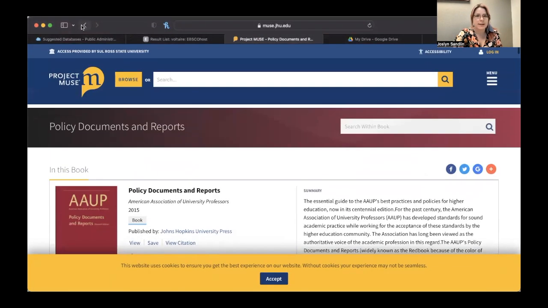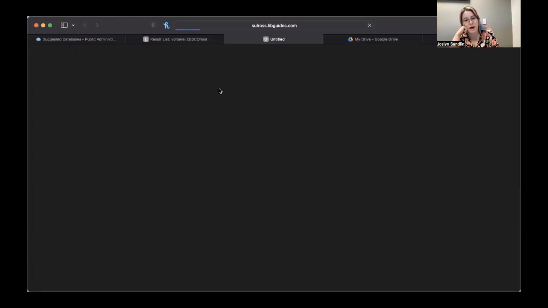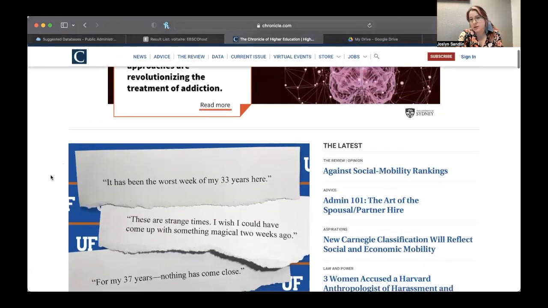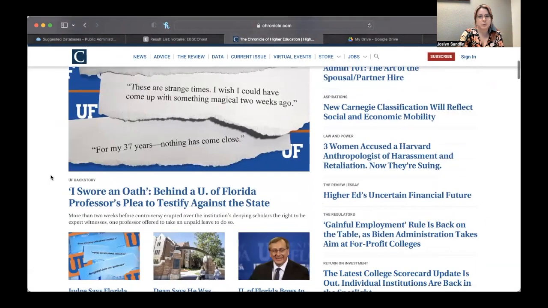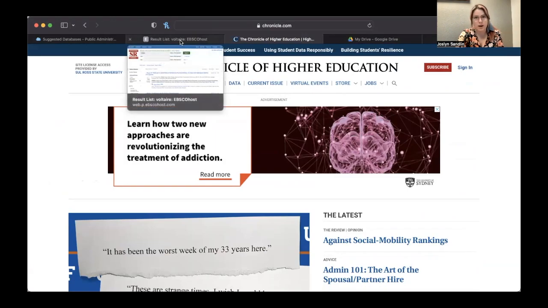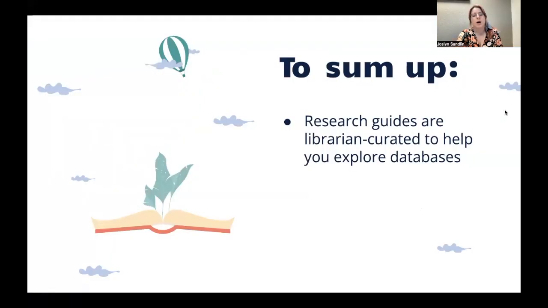If we go back, you also have access to the Chronicle of Higher Education. Chronicle of Higher Education is fun. You can read news, you can look at job postings, you can do lots of exploration dealing with higher ed through this source. So another really good source, especially for those in public admin who might end up working in higher ed. And to sum up, we've already talked about that research guides are librarian curated to help you explore